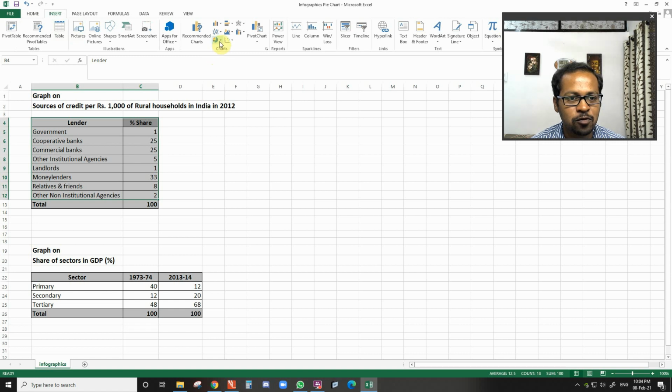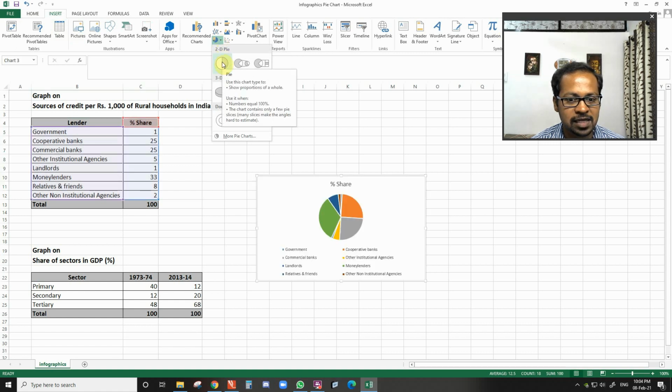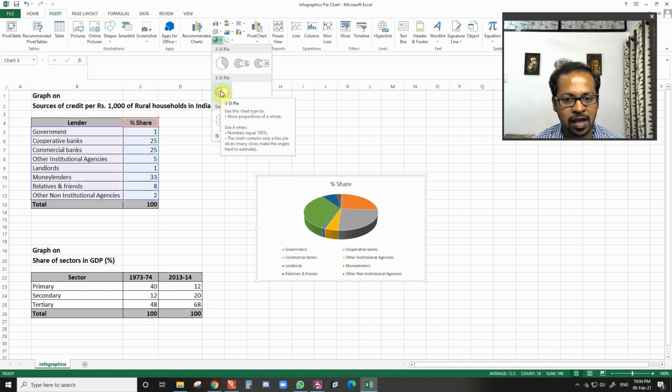Then I want to prepare the pie chart, so I will click this pie chart icon and I will select this one. Okay, or you can select this form as you feel better. So you can use any format or any type of pie chart, but this one is preferable.